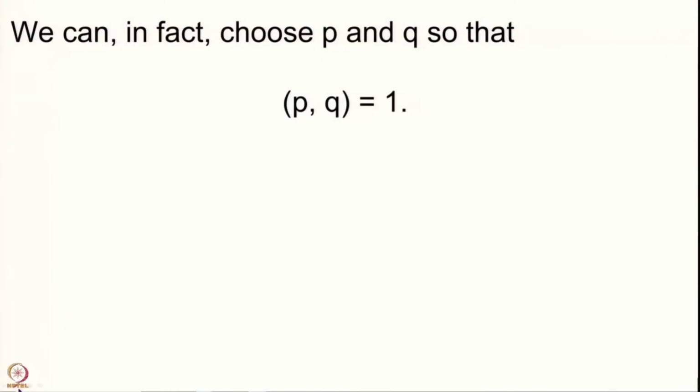In fact, if you take this theta, you can choose p and q such that the GCD of p and q is 1, because if they had a GCD, so if the GCD of p comma q is d, which is strictly bigger than 1,